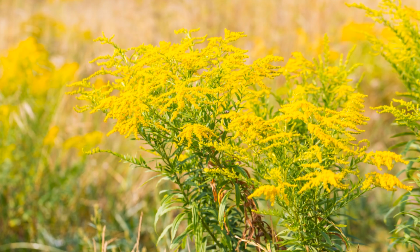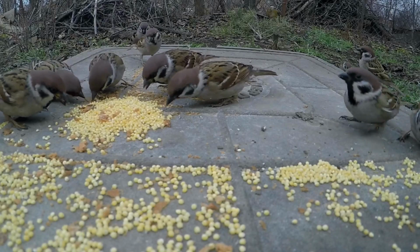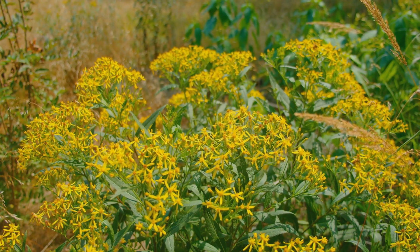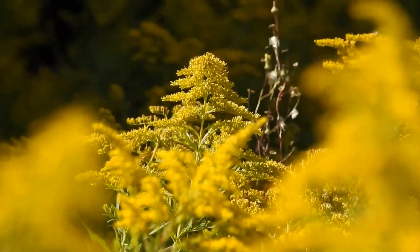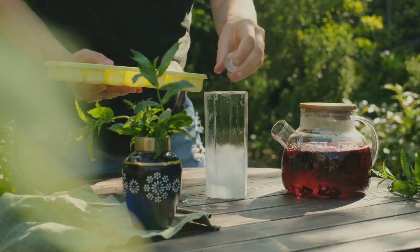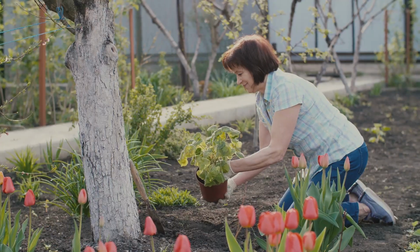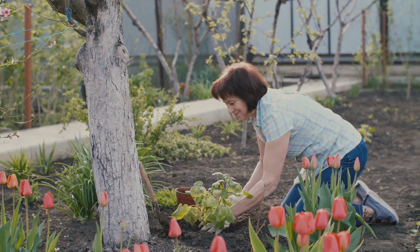Got a bird feeder? Goldenrod's got you covered. Goldenrod seeds keep our feathered friends happy through fall and winter. It's like a bird buffet. Not to mention, it adds a burst of golden color to your garden. Instant sunshine. And here's a fun fact. Goldenrod has been used in herbal medicine for ages with anti-inflammatory and diuretic properties. Who knew it was a garden doctor too? It can even be used to dye fabrics a sunny yellow. Fashion statement, anyone? Goldenrod is super easy to grow. Even if you have a black thumb,